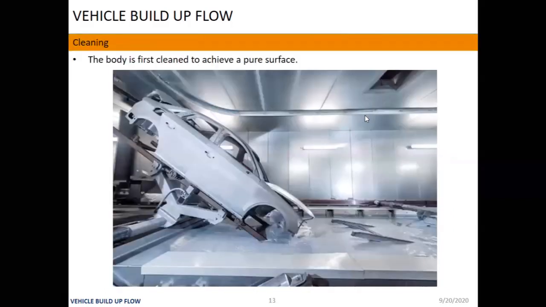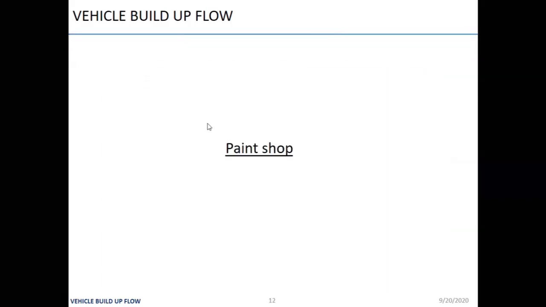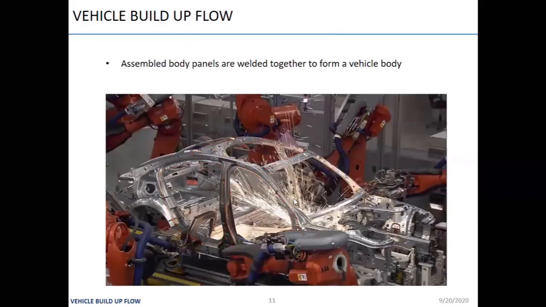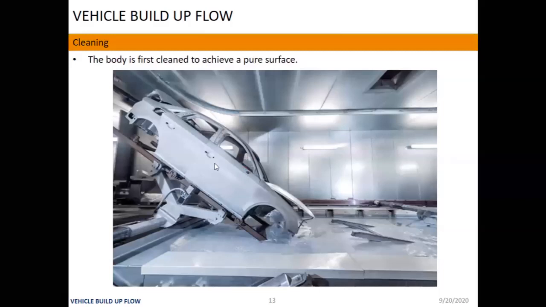Now in the painting process, in the image you can see there is only BRW ready. But in the painting process, what will they do? They will fix the door also on the BRW, and it will open at a little tilt angle of 15 degrees only. Why? Because it is a one-step process. Once they dip it in the pool for painting, the complete body will get primer coat, base coat, clear coat, like that. Different pools are there. So this is the painting process after the BRW is ready.